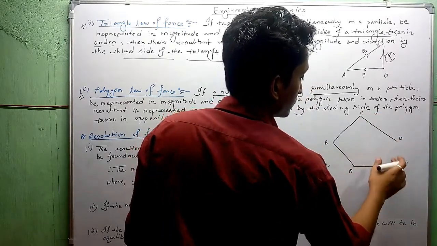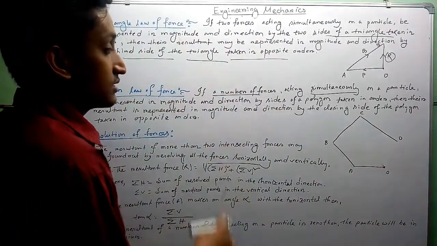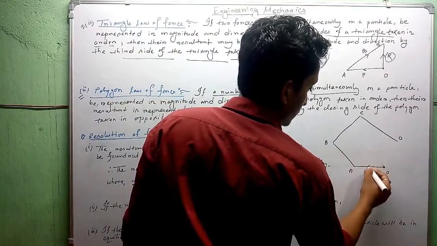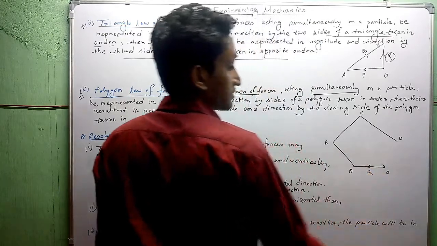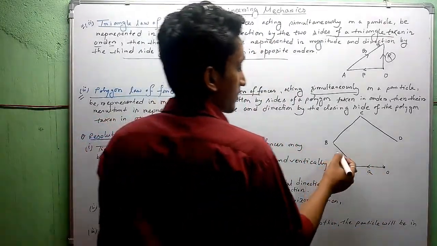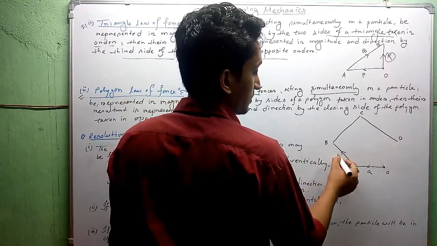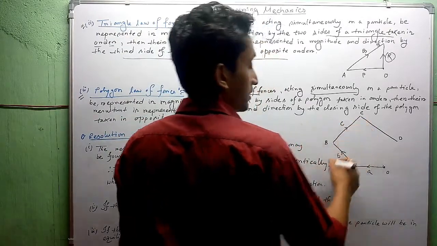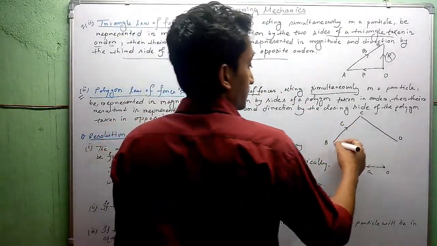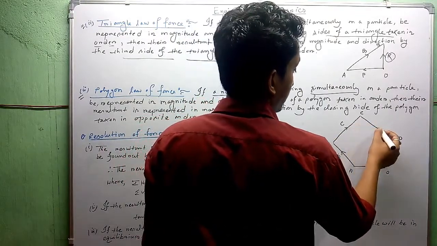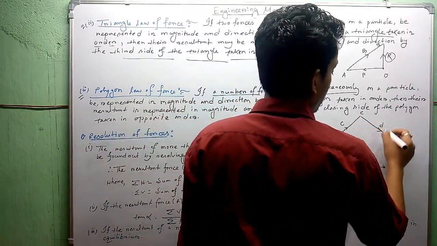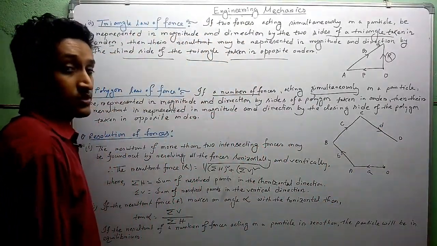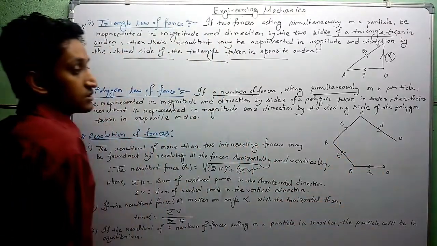Now we consider the four forces, not five forces. Here is the force small a, with its magnitude and direction in that position. Here is the force small b in magnitude and direction. Here is small c, the magnitude of this force, and small d, the magnitude of cd. The forces a, b, c, d have their directions in the arrow position.